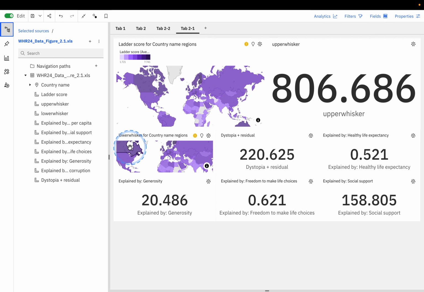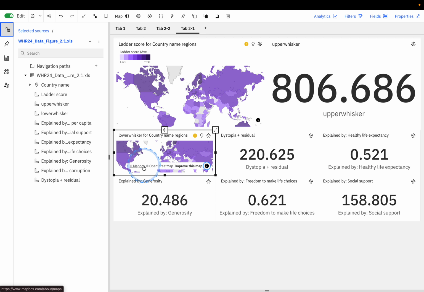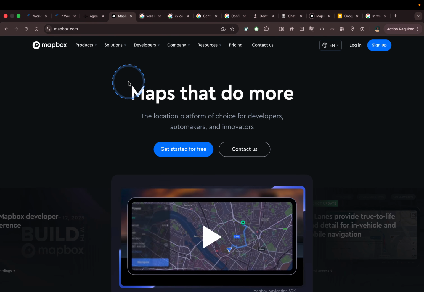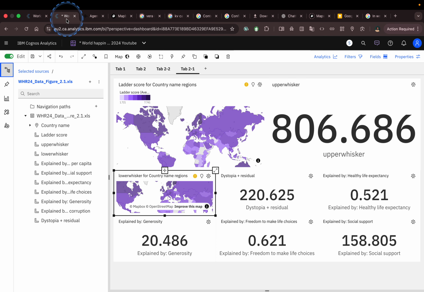We'll choose in between. And remember, our maps on Cognos are powered by Mapbox, OpenStreetMap. This is mapbox.com. So Mapbox powers IBM Cognos maps.